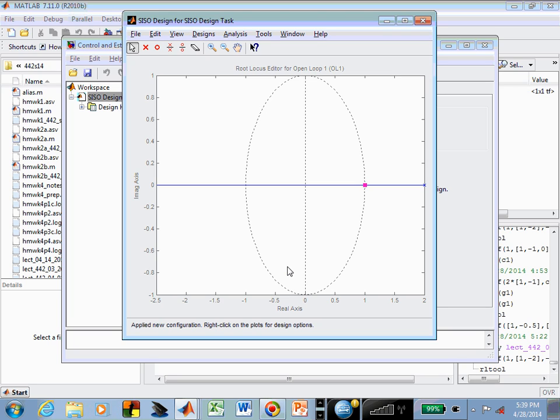But before we do, it's now sketching the root locus of that single pole transfer function. Our pole is over there, that x at 2, and our root locus is going to negative infinity on the real line, and that magenta square is the location of the gain that MATLAB has selected